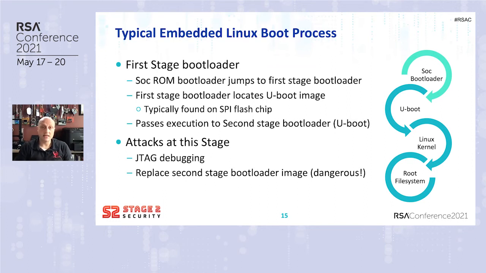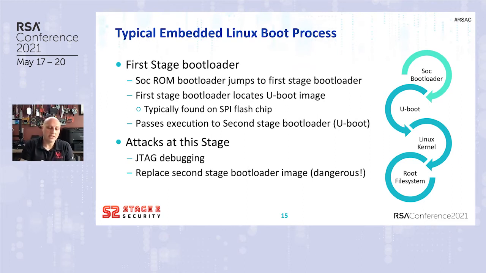But it's very tiny and very small, and it doesn't know how to read external flash, or how to read an ext4 file system. That's the point of the U-boot kernel. It's just very small to initially bootstrap and get things going. So it will typically find the U-boot kernel, which is on an external flash most of the time.